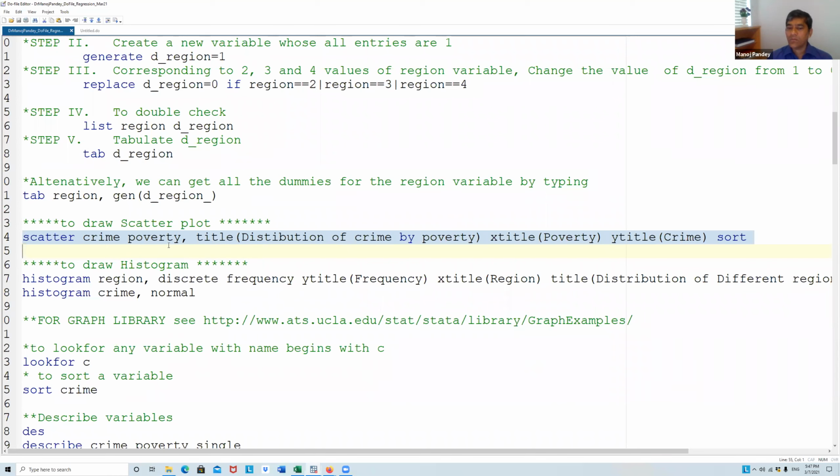Because correlation is different from causation. So I'll be using words like association, relationship, correlation, and so on. And I will avoid words like impact, effect, and so on. Okay, because for that we'll have to do more rigorous analysis.